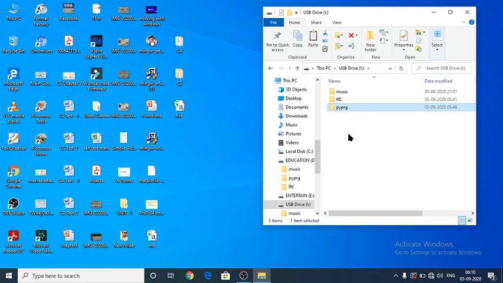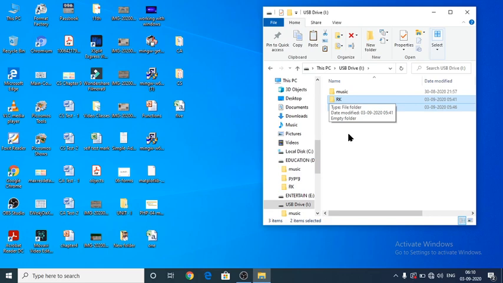To delete them, first we have to select those files and folders. Now I would like to delete the RK and PYPRG folders. I have selected those simultaneously, and on your keyboard there is a button called delete. You are able to use the delete button to delete the